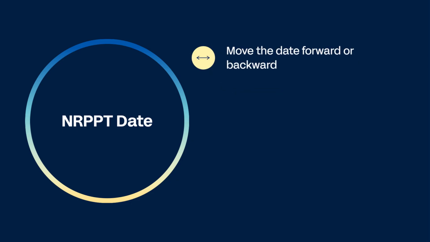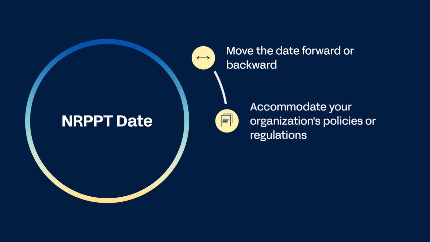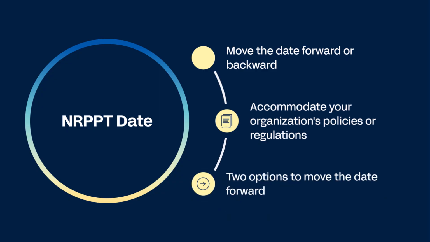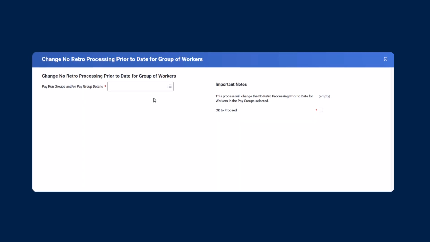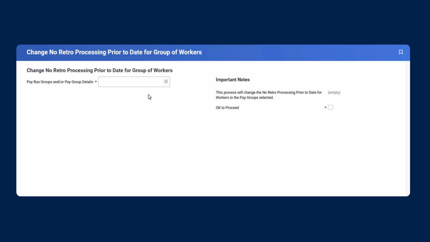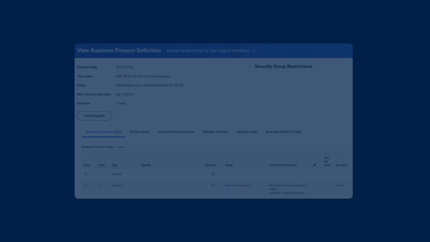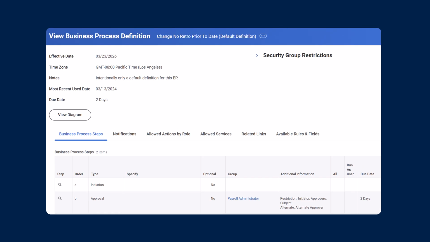You can move the date forward or backward to accommodate your organization's policies or regulations. There are two options to move the date forward. Use the change no retro processing prior to date for group of workers task to move the NRPPT date forward for all workers in selected pay groups. You can also use the change retro prior to date business process to change an individual worker's NRPPT date to